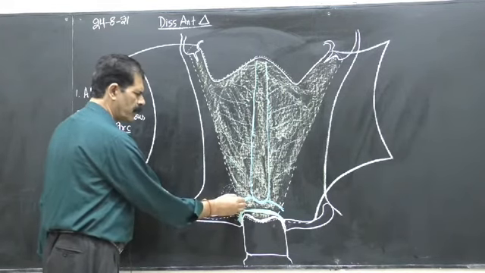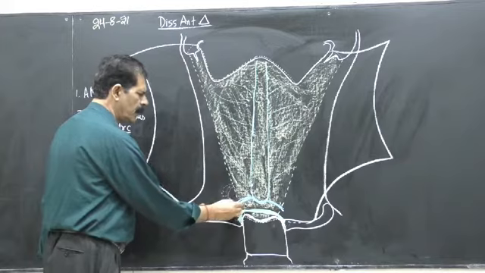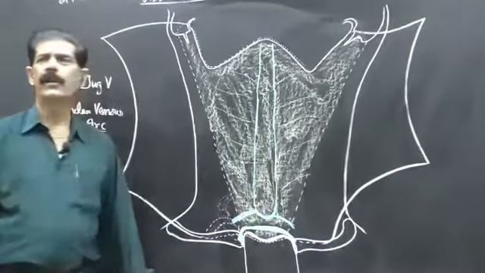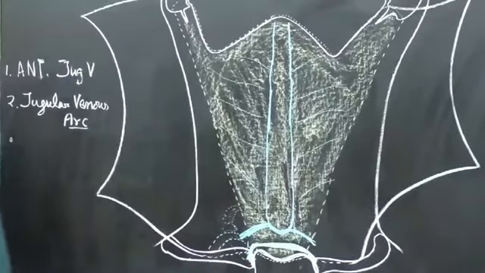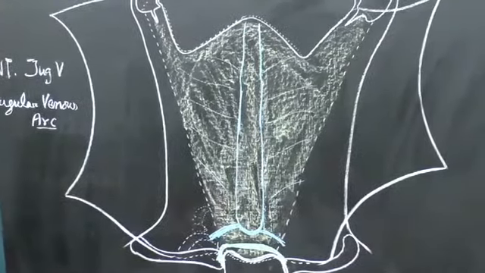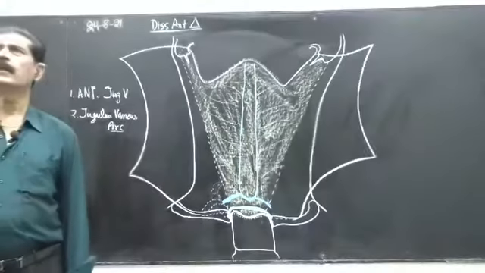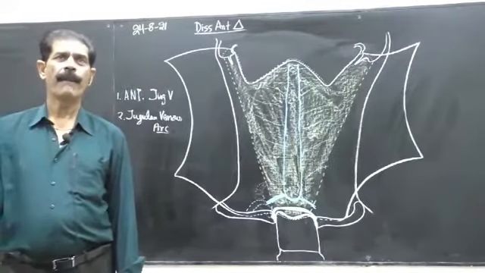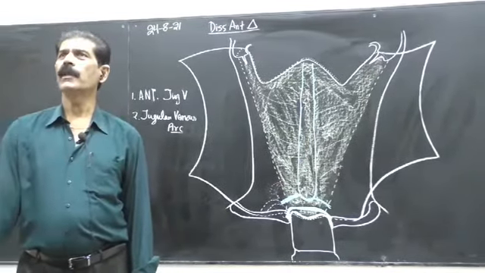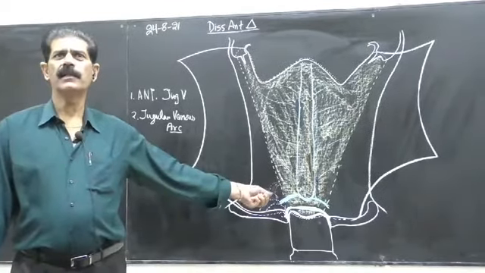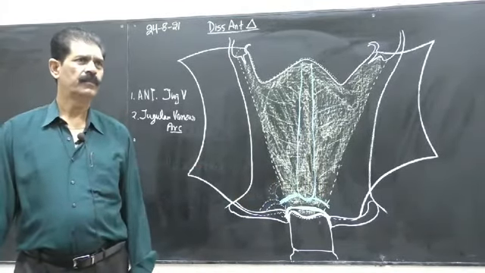So this jugular venous arch will open into the subclavian vein. So it drains into it. So the whole of the impure blood from the anterior or exposed part of the neck, the anterior triangle, is now thrown into the deep vein, which is the subclavian vein. Why is it called a deep vein? Because it lies below the deep fascia. Dotted means it lies deep. So it is a deep vein.